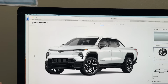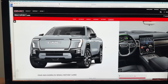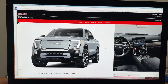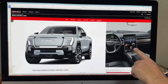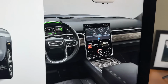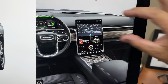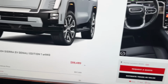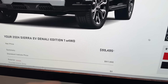And then there's actually some pretty big news with the Sierra EV. Yeah, so Sierra EV configurator is now live. I believe journalists and us will be able to drive one next month. Yeah, so coming up pretty soon. So that'll be quite exciting. It has quite a unique interior, so it does not look almost anything like a Silverado EV. Yeah, which you would hope for. Silverado EV has a horizontal screen. This has a vertical screen. I haven't seen this before. Yeah, that's why you want the interior and the exterior and everything to look different, because it's not a small